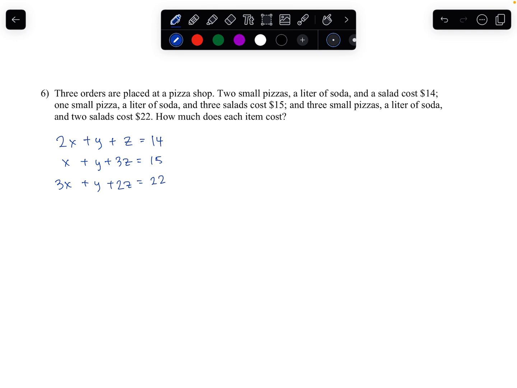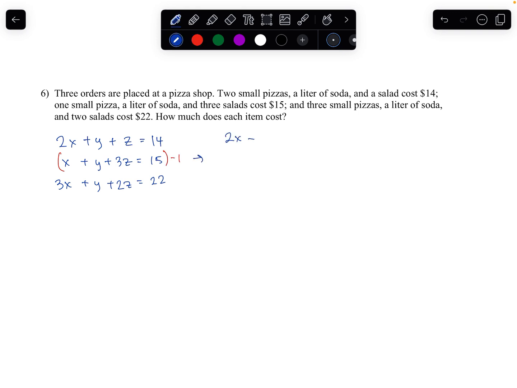Now you can probably figure out through trial and error what the cost of all of these are, but it might be more efficient to just use a process of systems of equations to figure this out. The easy part about this is that each order only bought one soda, so that's going to be the easy one to eliminate. If I just multiply one of these by negative 1, that will be very useful. So let's just pick this middle one right here, but you can use any. If I multiply this by negative 1,